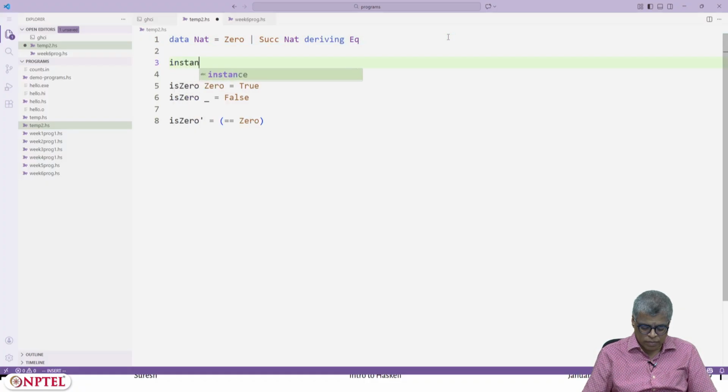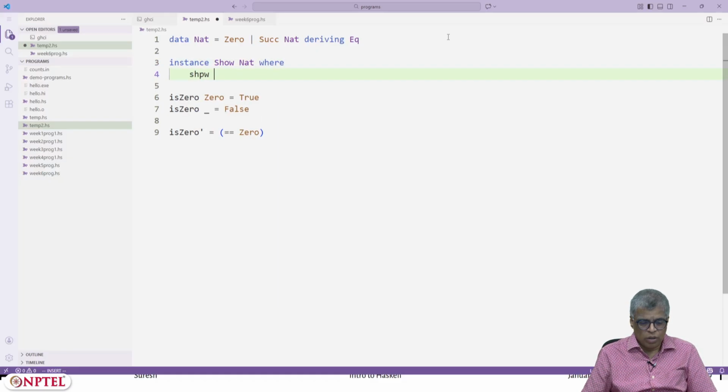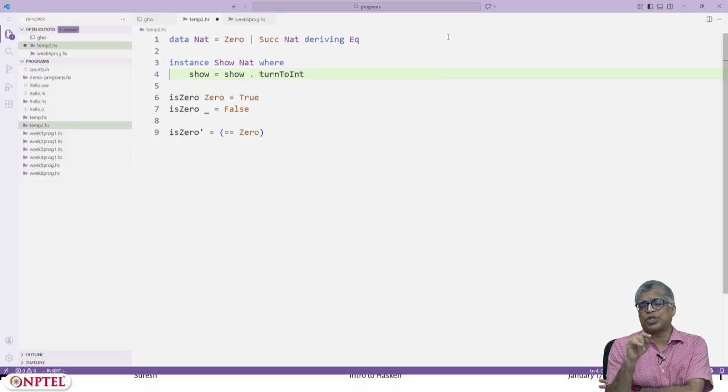Instance show nat where show of 0, show of n, show equals show applied after turning the number to int. Recall that dot means function composition.